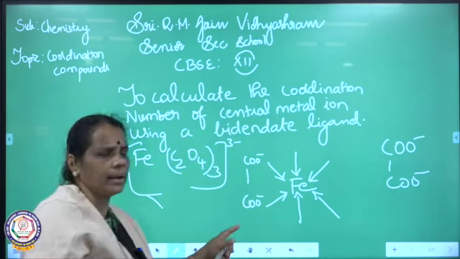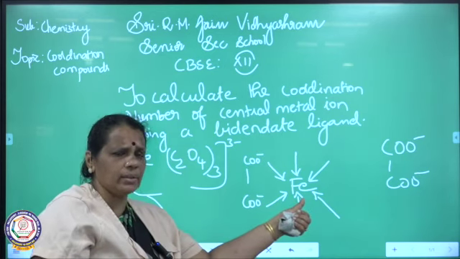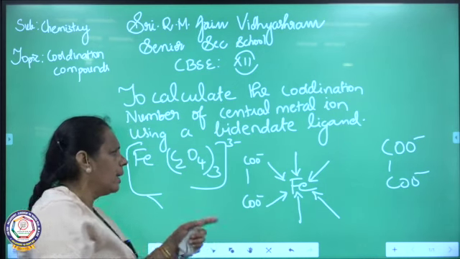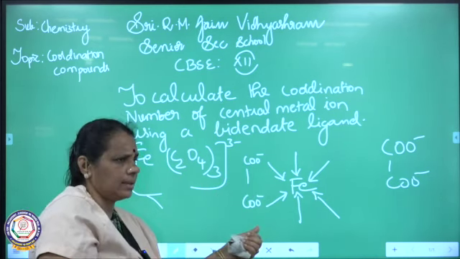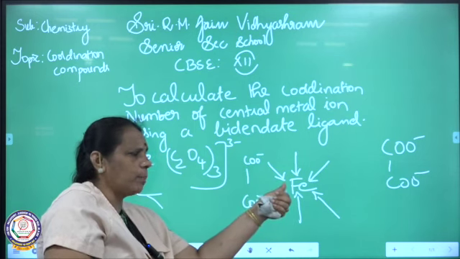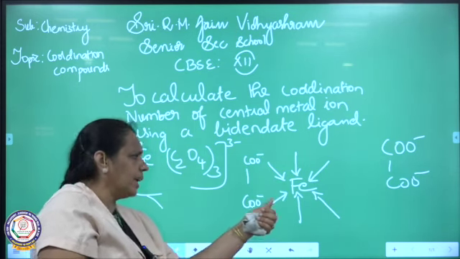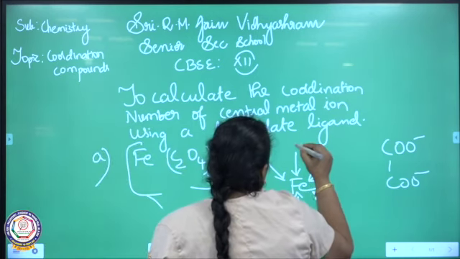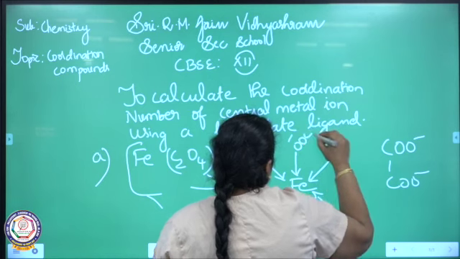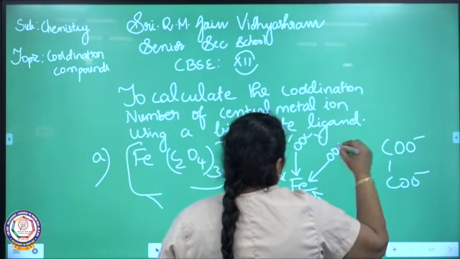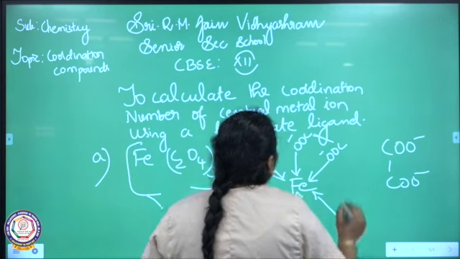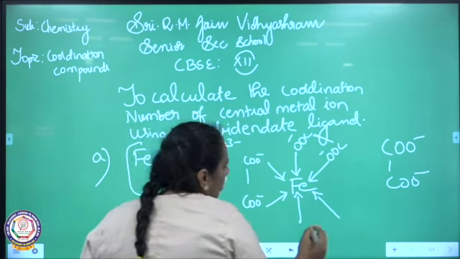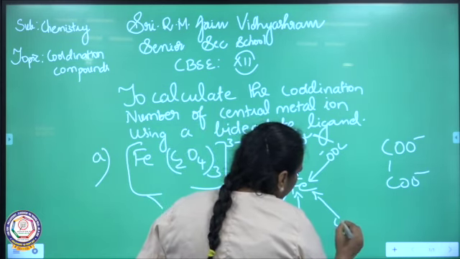This is one oxalate ion. So, iron is in the center. So, the central metal ion is iron here. On one side there is one oxalate ion. See this oxalate ion, there are 2 donors. Here one oxygen atom is donating an electron pair, again here another oxygen atom is donating an electron pair. So, one side is over. One more oxalate ion I am going to show like this. So, this is another oxalate ion that is bound to the central metal ion. One more oxalate ion is also there.